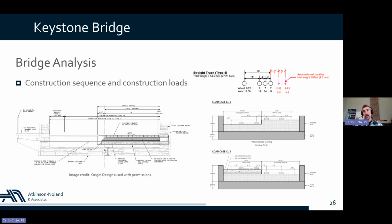As you can see on the right side, there are two cross sections. The one at the top is a load case when one lane is excavated and there is some construction equipment in it. In this case, I think it's a dump truck with a small backhoe operating behind it, while the other lane is open. And then the second load case at the bottom shows where the new concrete deck is in place on half of the roadway and construction is happening on the other half of the roadway. And another